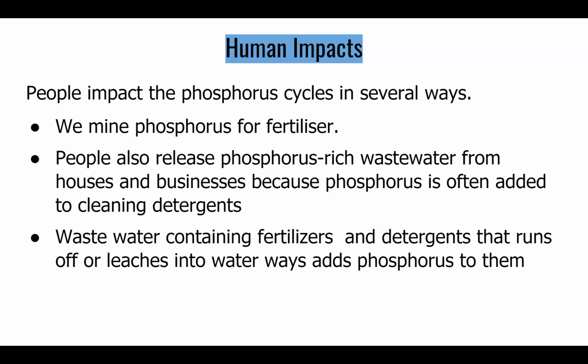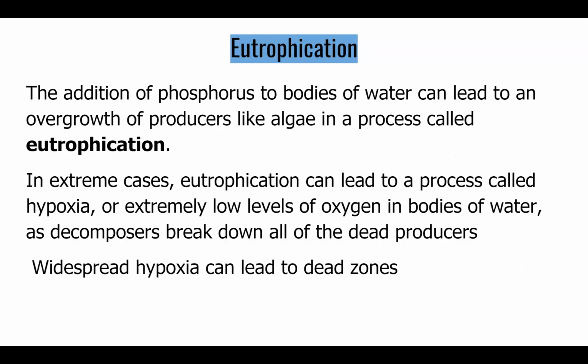So we can impact the phosphorus cycle. When the phosphorus cycle changes, it can lead to some pretty dramatic downsides. And one of those downsides is what we are going to talk about on the next slide, and also what all day tomorrow is going to be. So our activity tomorrow is about eutrophication.